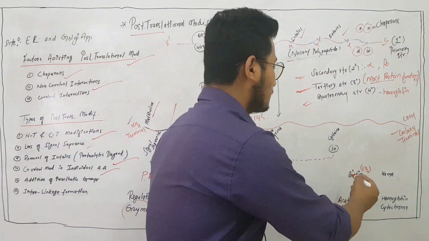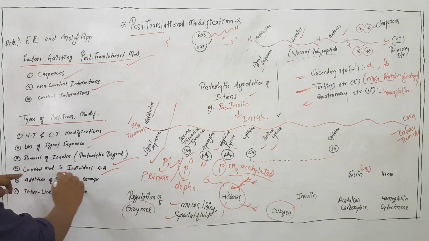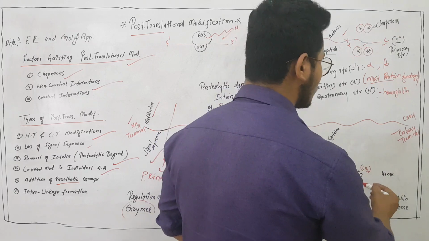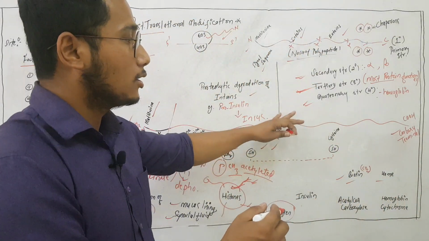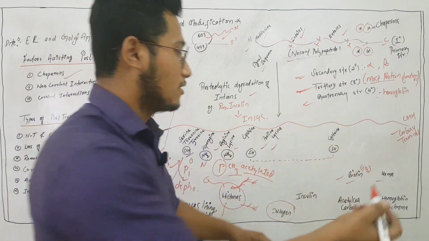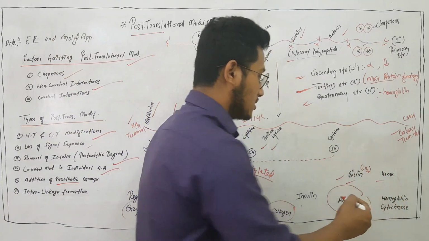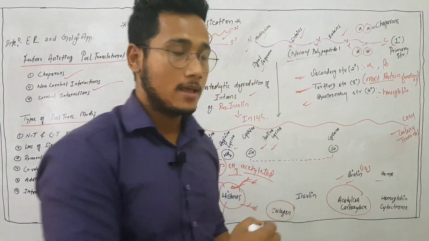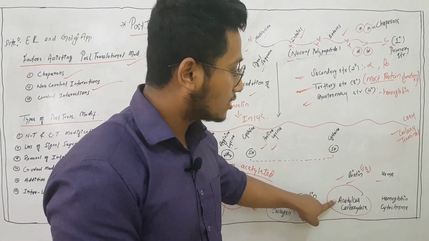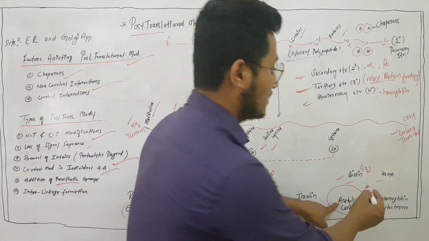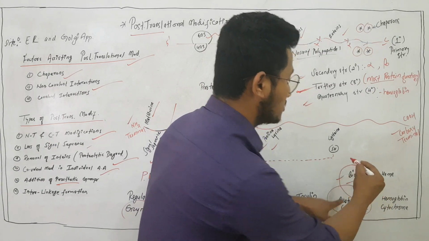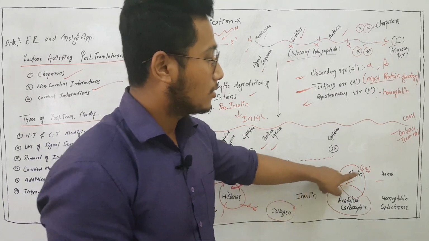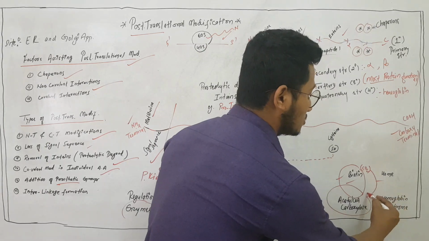So these were basically the covalent modifications of individual amino acids. Now come the prosthetic groups. Even the addition of prosthetic groups like biotin and heme to the protein could render this protein active. For example, acetyl CoA carboxylase. This is an enzyme which adds carbon dioxide to acetyl CoA. In order for this acetyl CoA carboxylase to be active, it has to have one component which is biotin. So this vitamin attached to this enzyme and carrying this carbon dioxide causes a reaction to happen.